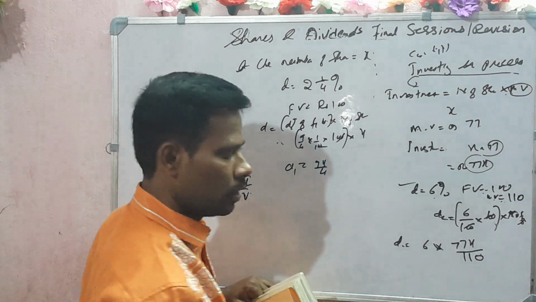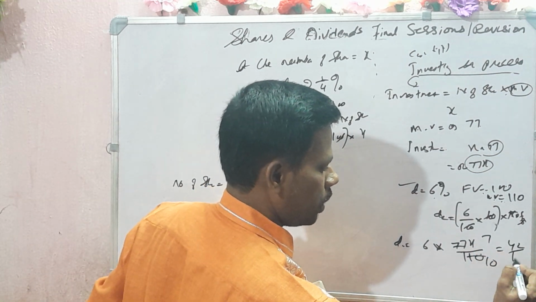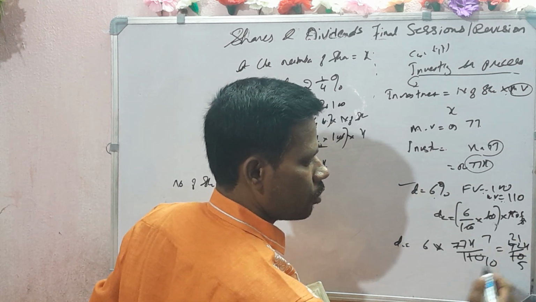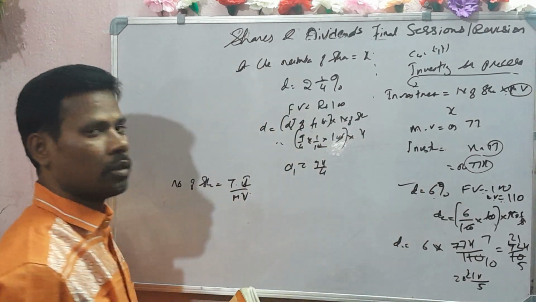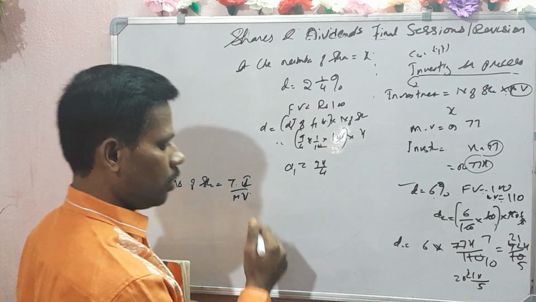Right? So 11 7s are 77, 11 10s are 110. 6 7s are 42. By 2.5 the 10, 2 to the 4, 2 1 the 21x by 5. 21x by 5 is the answer. Right? Now